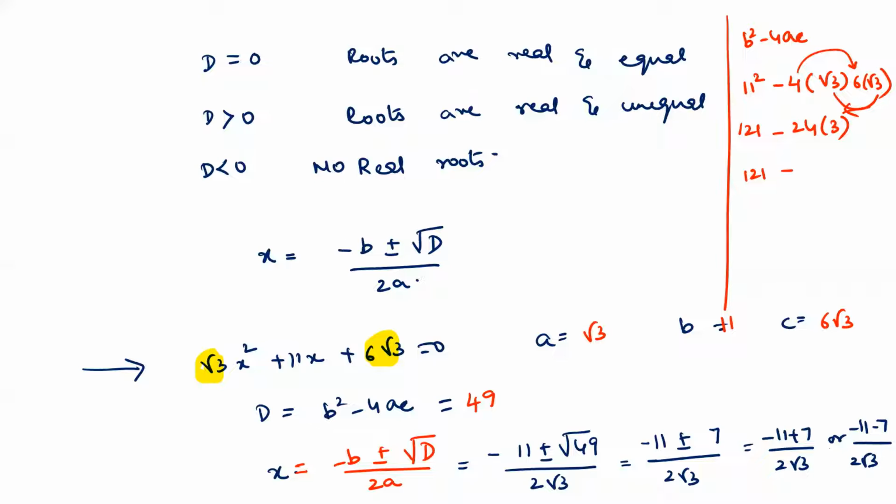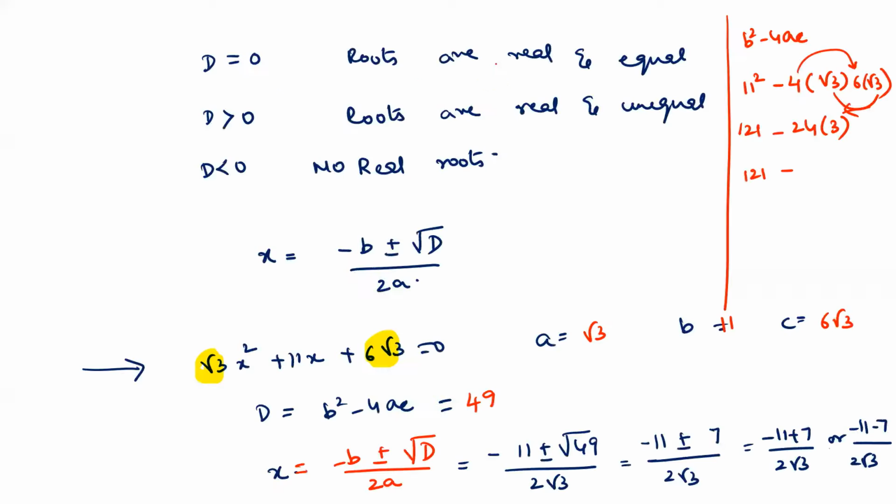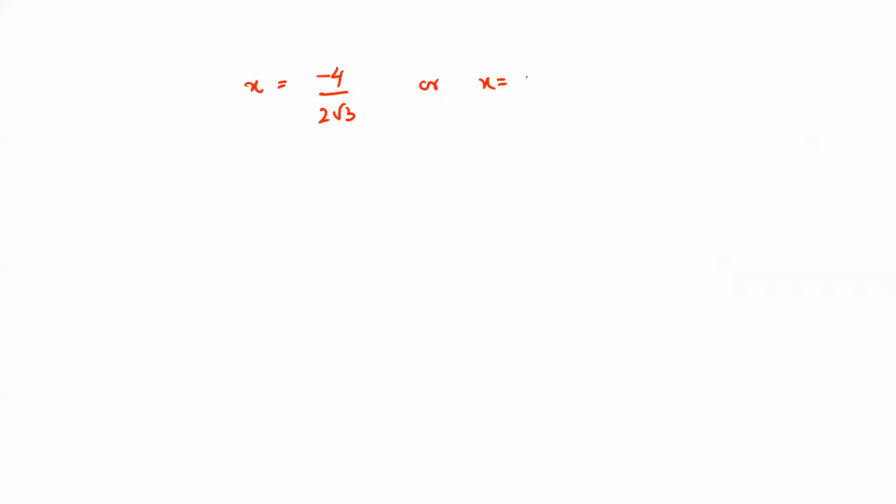What is the answer you are getting? What are the two values of X? Minus 11 plus 7 is? Minus 4. Okay, the other one? Minus 11 minus 7 is? Minus 18. Now what will you do? You'll simplify it. So you're getting,